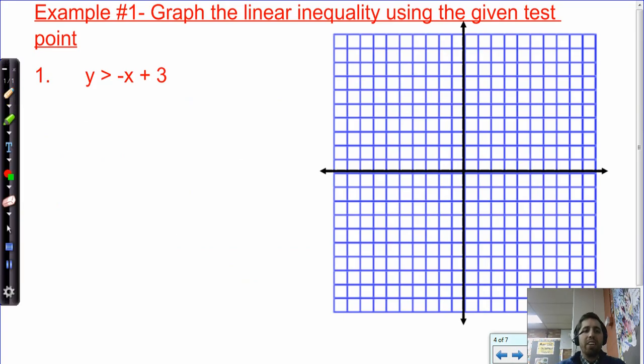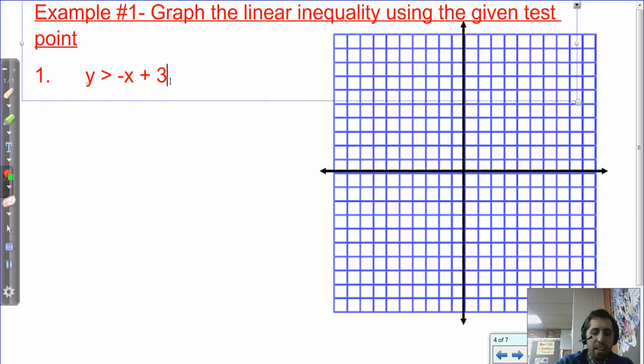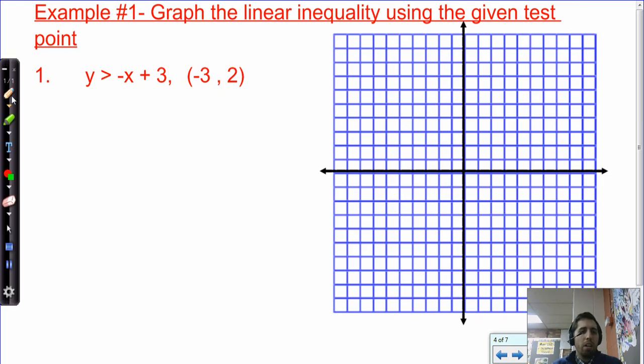Y is greater than negative x plus 3. It says graph the linear inequality using the given test point. I didn't give you a test point, but I'm going to do it real quick. Let's say the test point is negative 3, 2. That'll be fine. Okay, so we said that the first step was just to treat it like a linear equation